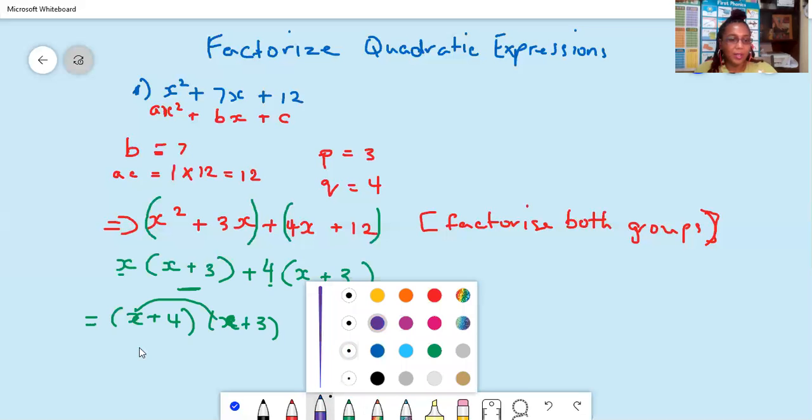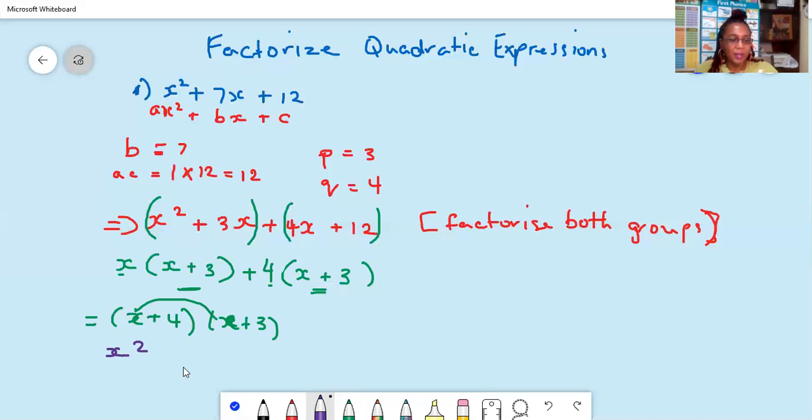We have x by x will give us x squared. Then we have x by 3 will give us 3x. Then we have 4 by x will give us 4x. 4 by 3, 4 threes are 12. So x squared, 3 plus 4 will give us 7x, plus 12. And you get back